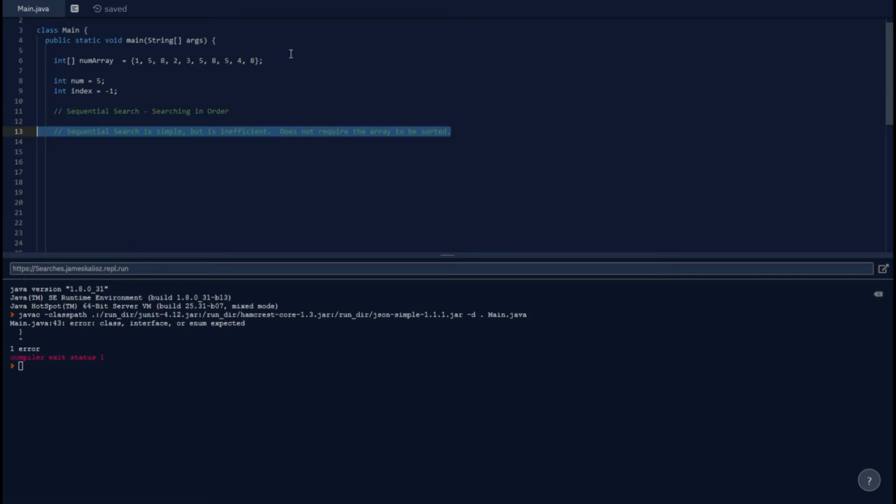So to search this, since we're going to go through every single index in the array, we're going to create a for loop which goes through that. It's going to start at 0, it's going to go until numArray.length, since it is less than it, and it's going to increase by 1 every single time through the loop. Then we're going to add an if statement inside of that, which is going to check for when our number that we're searching for, num, is equal to the value at the index we are currently looking at, numArray[i]. If we find it, what we're going to do right now is just print it out, and if I run this,